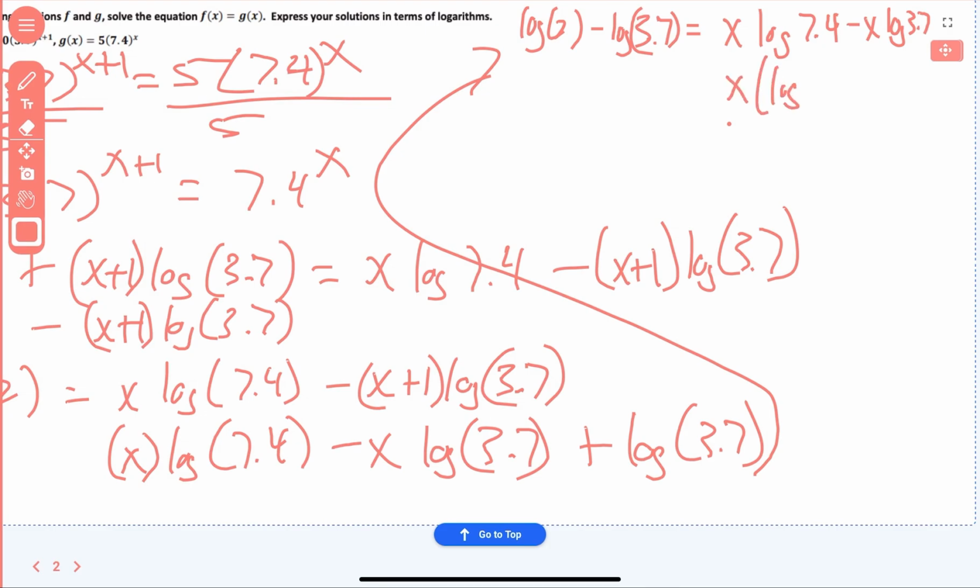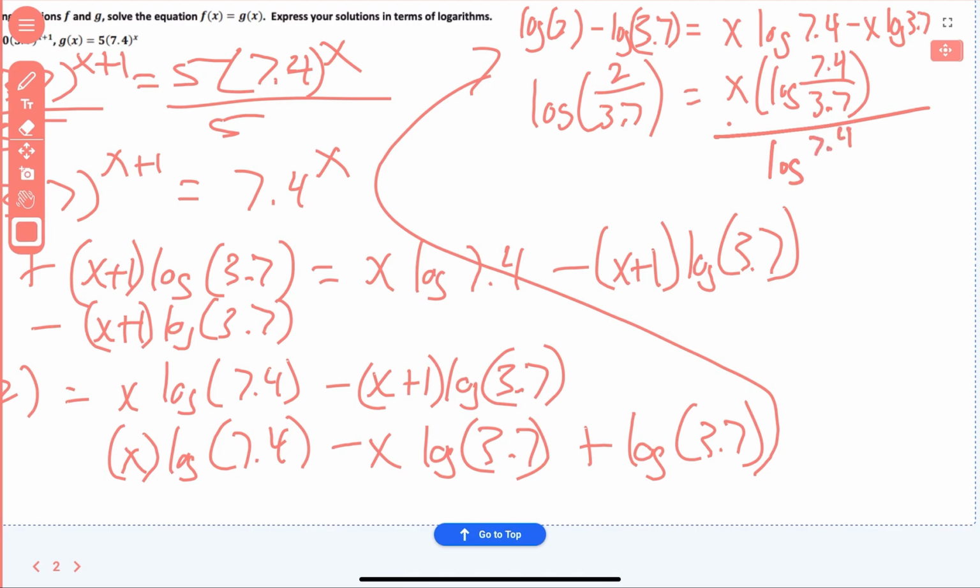Write it as x times log of 7.4 over 3.7. Write this as 1 log. Divide by this side. And x would equal